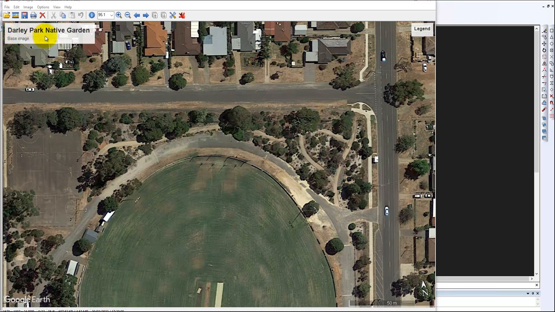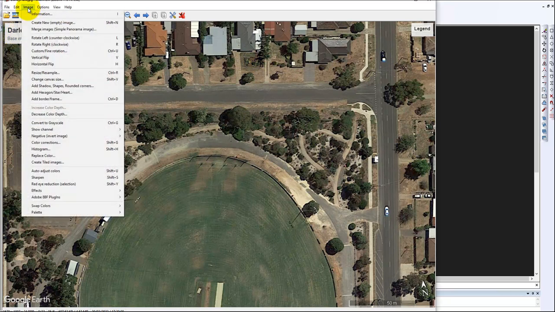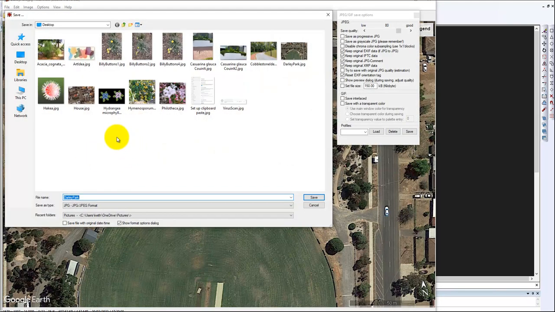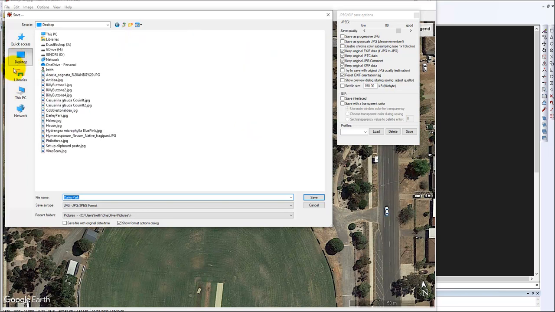Our label appears here. We have some tools here that we might use to auto-adjust colours or sharpen. I'd probably be inclined to sharpen this just a little. That gives me just a little more crispness, but as a backdrop to put into gCADPlus, I think that will work well. So we'll save it in its original folder, and we'll overwrite. We need to go to the desktop, the Darley Park,